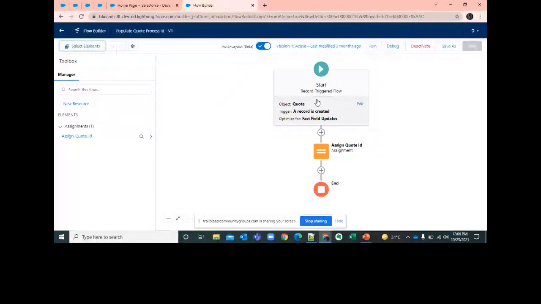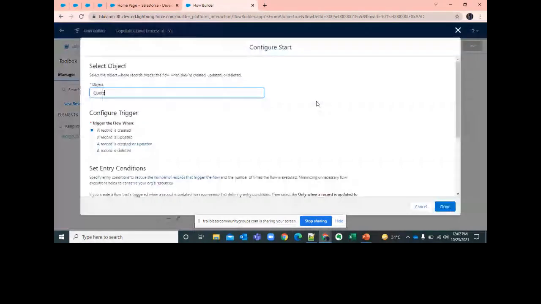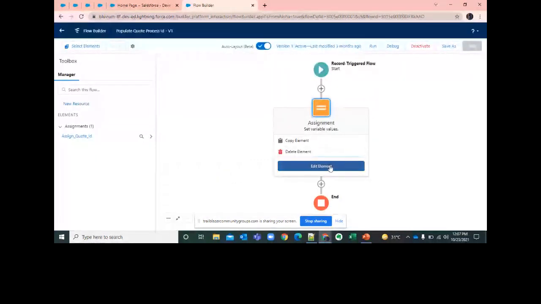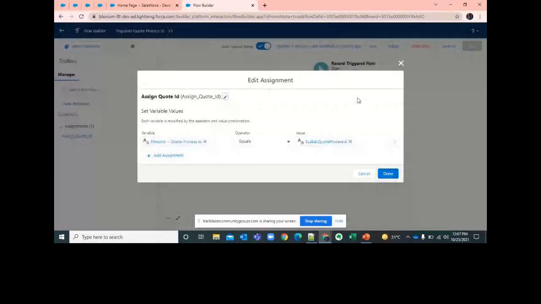If you just click on the assign code ID assignment, edit. So, guys, you can see we are populating the code record ID equals this label dot core process ID, right? So always follow the label structure. You have to create custom labels in Salesforce and populate the hard coded ID in that, whenever you are going to deploy this flow to another environment. Let's suppose any ID gets changed, you just have to change the label. There is no need to change anything inside the flow.